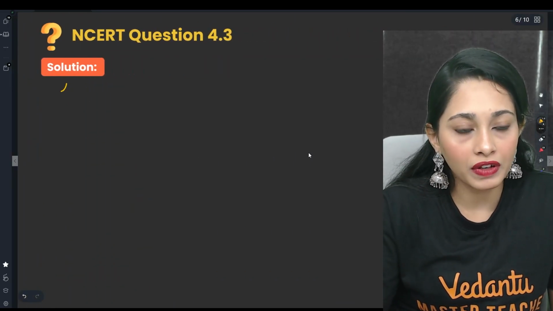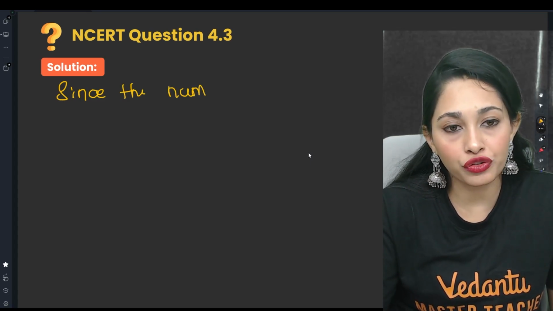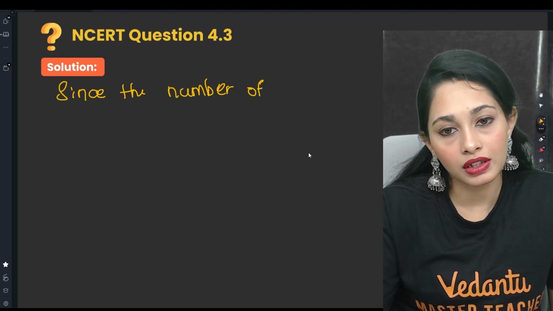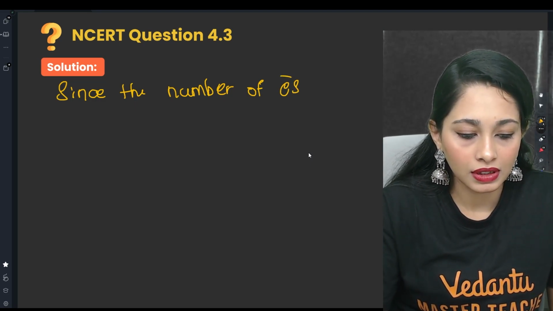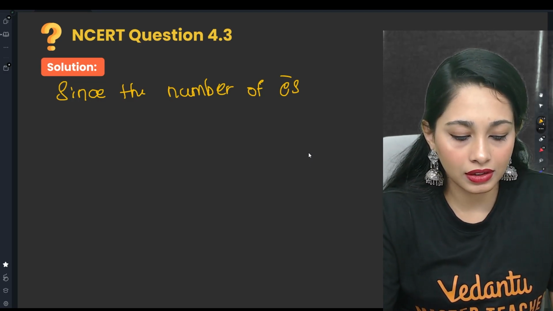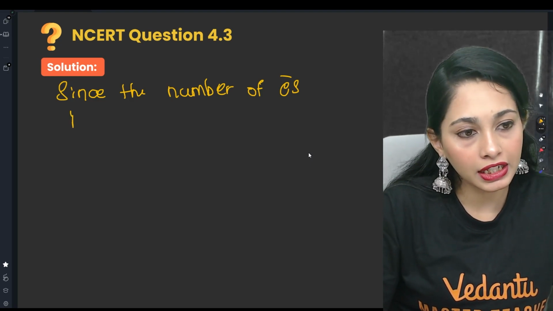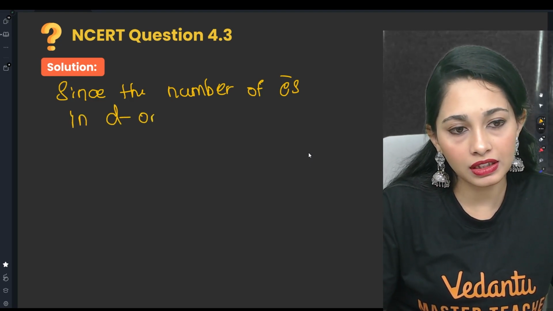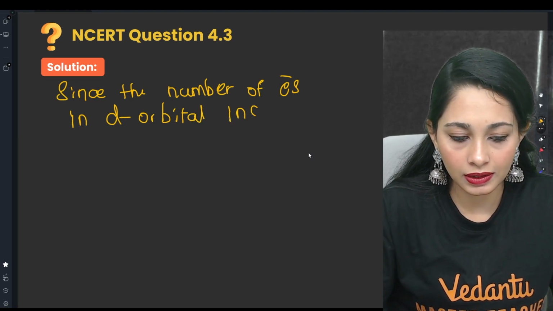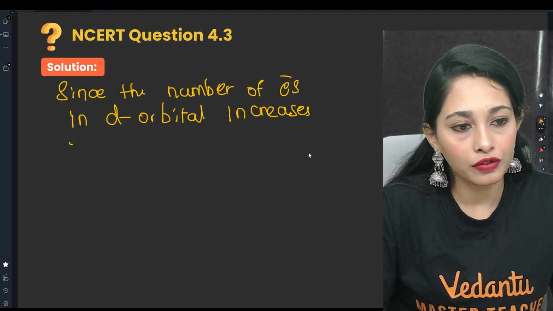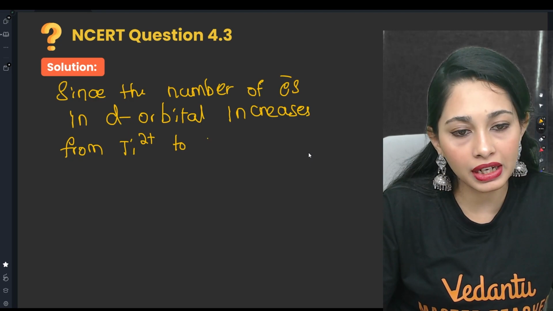So since the number of electrons in d orbital, that is 3d orbital, increases from titanium 2 plus to manganese 2 plus,